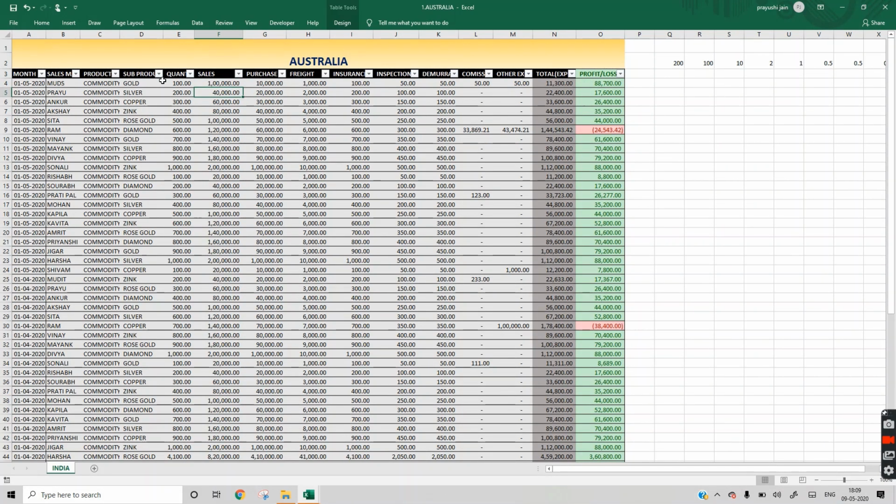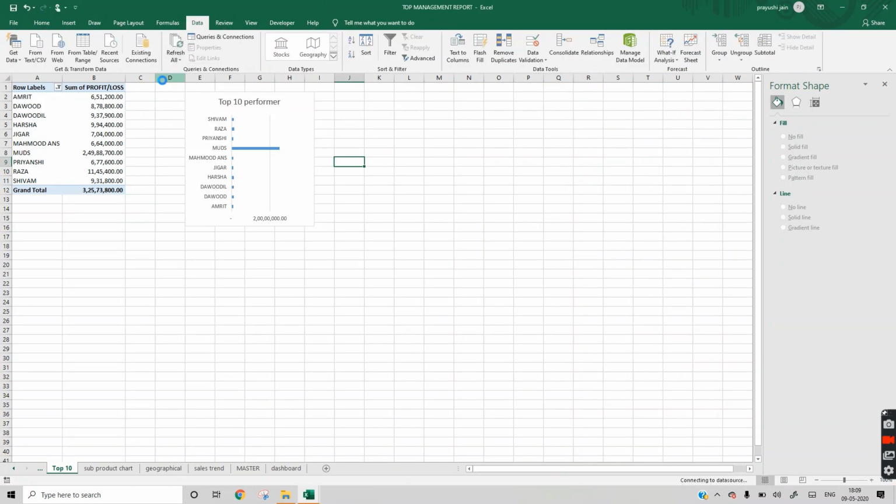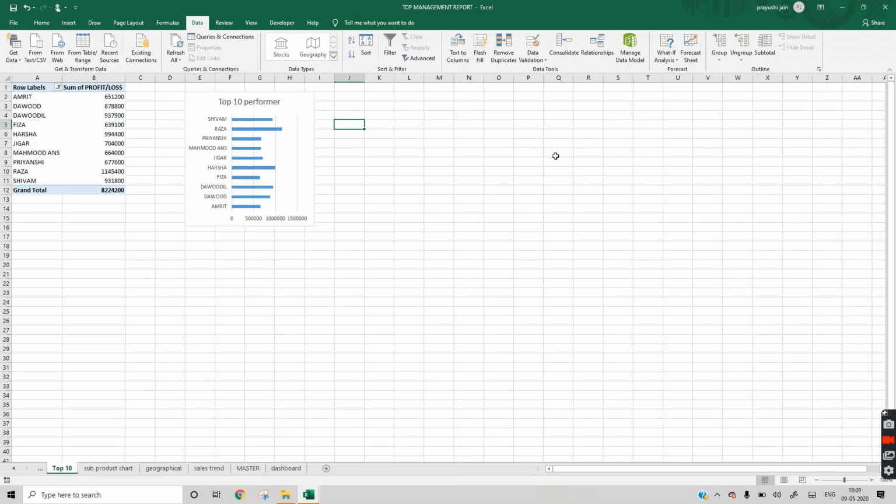And when we save it, Alt A R A is the short form to refresh all. So now Mudit's figure has been removed because he is no longer in the top 10 performers.